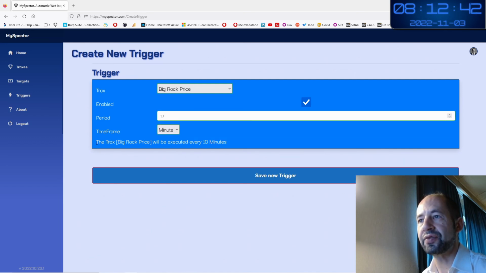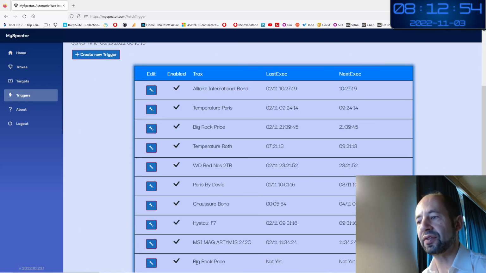And then I have an acknowledge message: the Trox will be executed every 10 minutes. If I save the trigger, then the trigger is created and not yet executed. The background service is running on the server every minute to automatically run all the pending triggers.